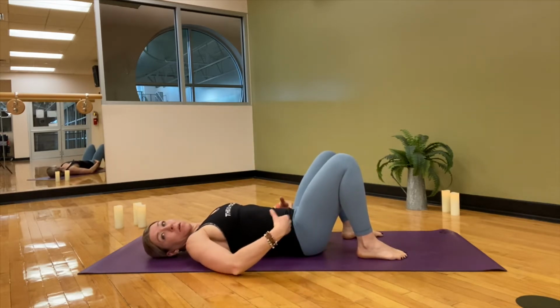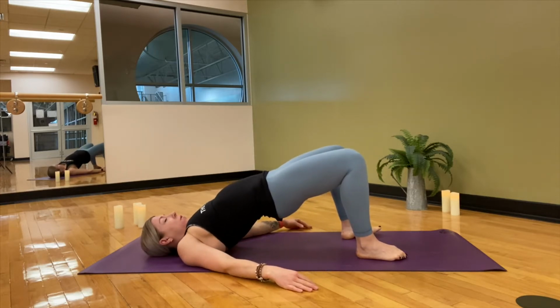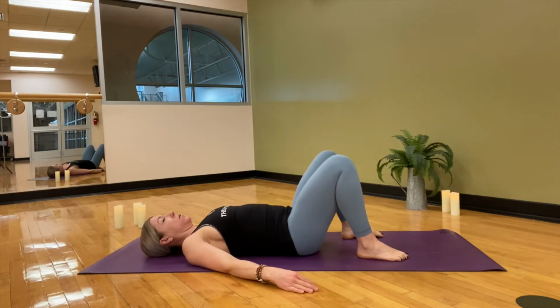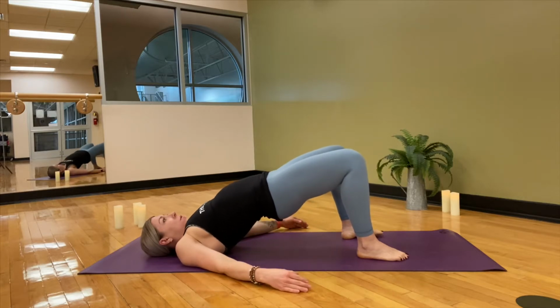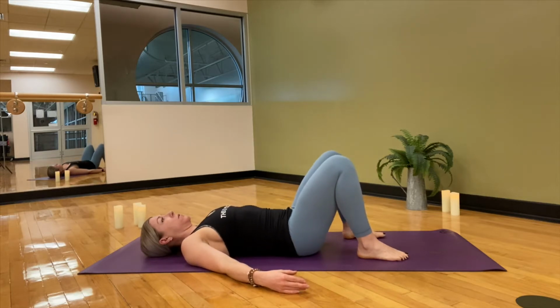All right, we'll prepare for shoulder bridge. Feet are on the mat, float the hips high. Inhale and exhale, float them to the mat. And again, inhale, exhale. As you float the hips up, imagine there's balloons around them. They rise up effortlessly. And again,